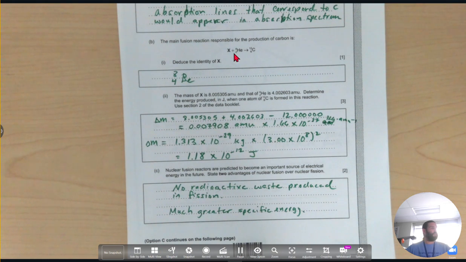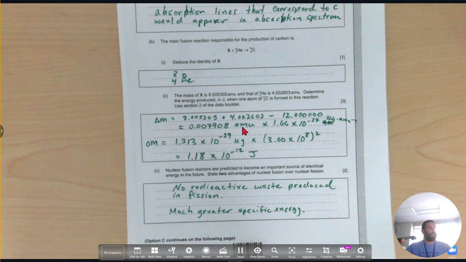So all I have to do is add the mass of this and that and subtract the mass of that. So that's what I do here. We've got the mass of the beryllium-8 plus the mass of the helium-4 minus the mass of carbon. Now, if it's carbon-12, it's the standard, so it's exactly 12. And when we do that, we get